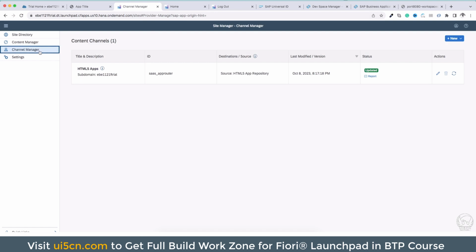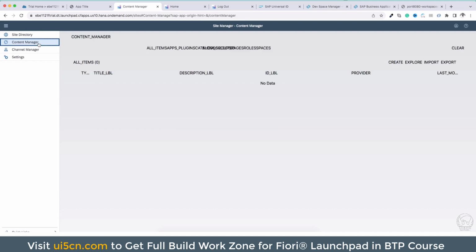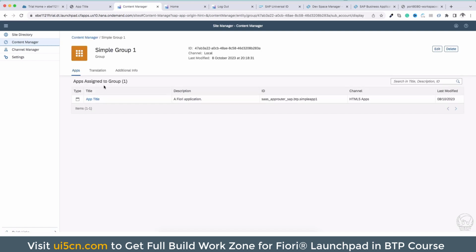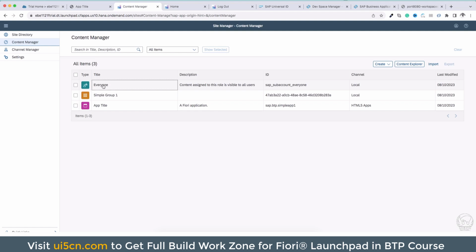Then we went to the channel manager and updated it. Then we refreshed the HTML app section of the content channels, and then we went to the content manager. We added the application, which is the app title, via Content Explorer. We created the group, and to the group we added the application,